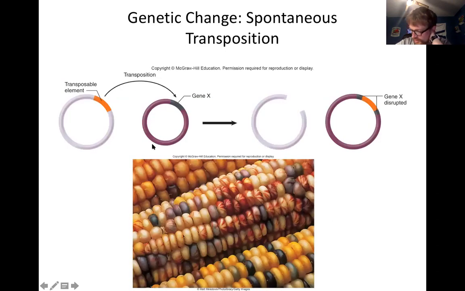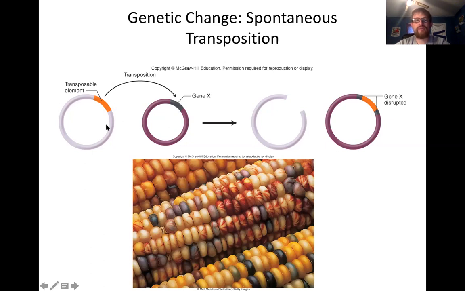All right, we're not going to spend a lot of time on transposons, but what I want you to know is this is basically, I like to call it jumping DNA. And again, kind of like when you guys were talking to me about transformation and the idea that cells had to be competent, in order for transposition to occur, you have to have a transposable element. So this is not just saying any DNA can jump, right? And here you see a circular chromosome, so we're referring to prokaryotic cells. DNA doesn't just randomly jump. You have DNA that essentially is prone to jumping, all right?